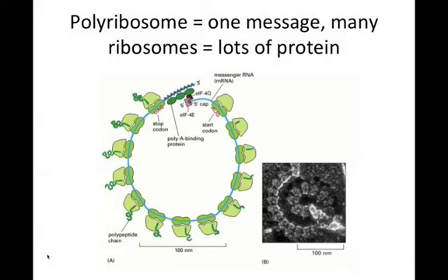And then these ribosomes are going to assemble. They're going to find the start site, move this way, and start making the protein. Then another ribosome is going to hop on the same RNA right behind it. And so that's a polyribosome. You'll have one mRNA, many ribosomes, lots of protein. Okay? I'm kind of just flying through here. Does anyone want to add anything?